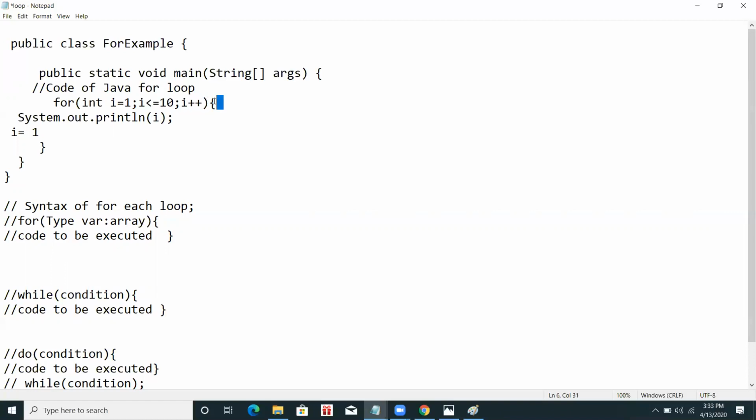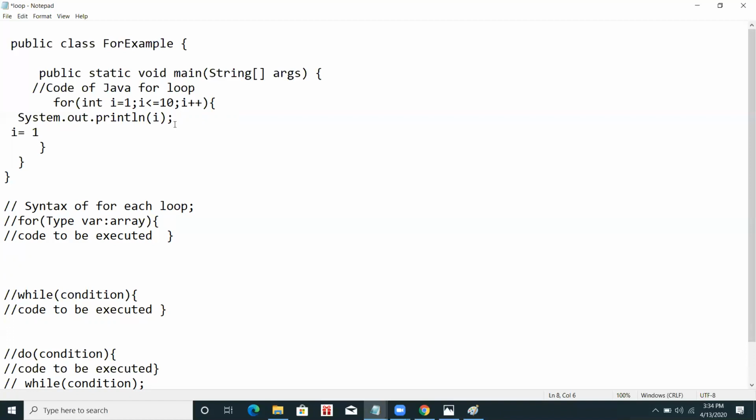And these curly braces, the opening and closing, this is the part of this loop. When this condition becomes true, it goes into this block and performs the work which is given in this block, runs the instructions given inside of this for loop block. Okay, so what happens? It again goes to the updation part. The first time it doesn't go to update; it checks the condition, the condition becomes true, it comes into this block, it prints the value of i, that is equal to 1.